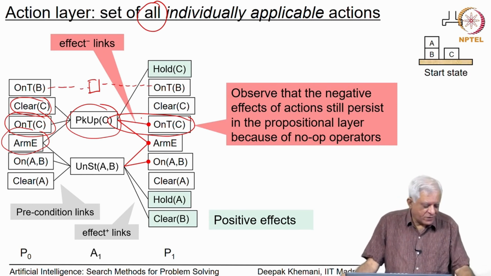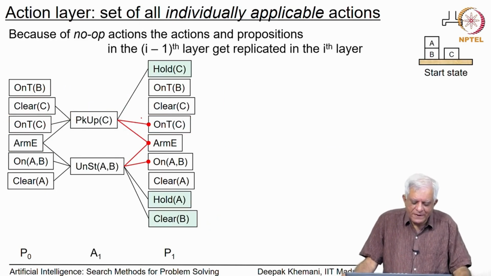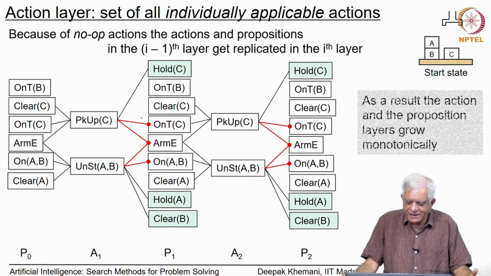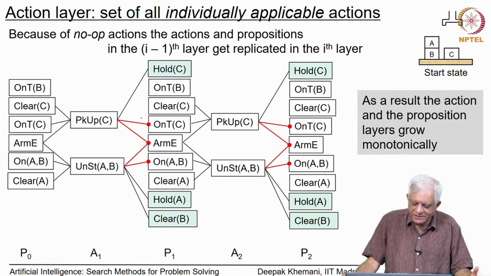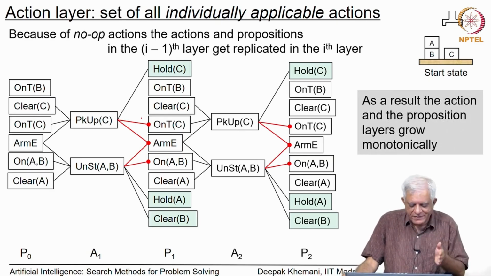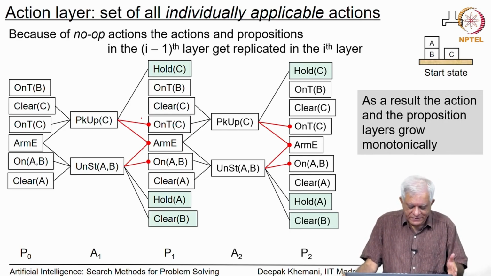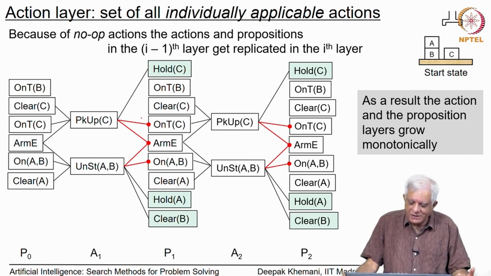The precise conditions we will talk about as we go along. Now, because of no op actions, the actions and the propositions in any I minus 1 layer get replicated in the ith layer. So, just as we replicated the start state propositions into P 1, we will also replicate the propositions in P 1 into the layer P 2, and because the actions that were applicable in P 0 will be applicable in state P 1 also, we will also include those actions in